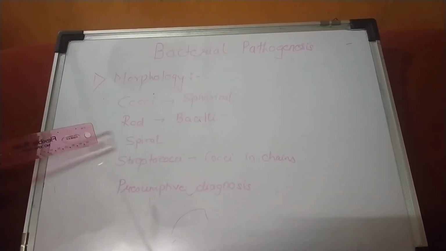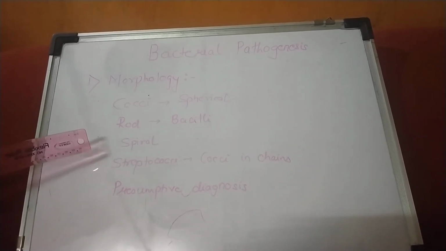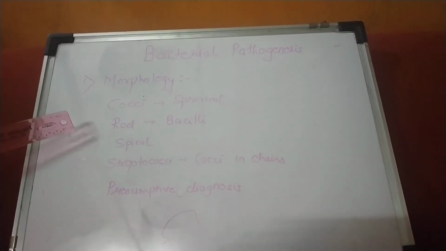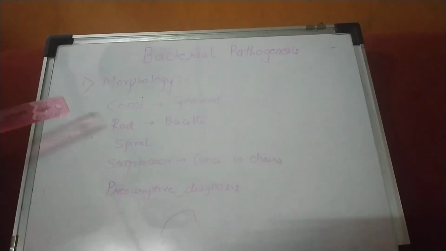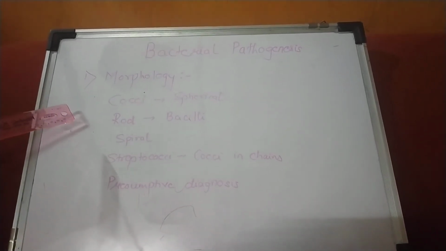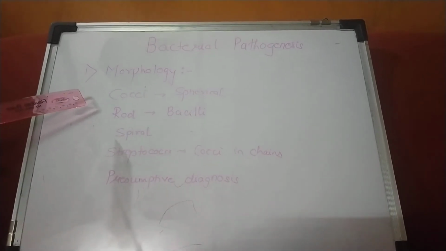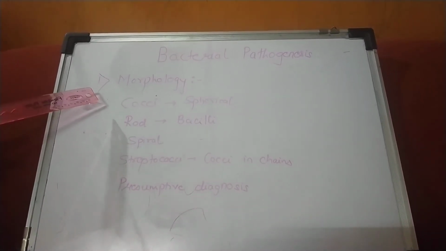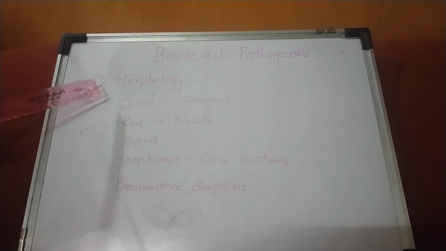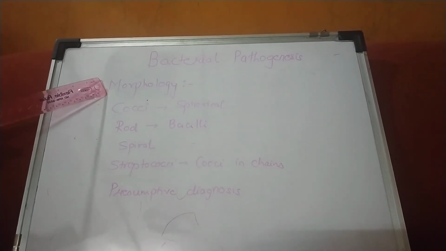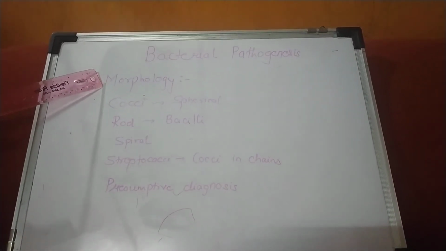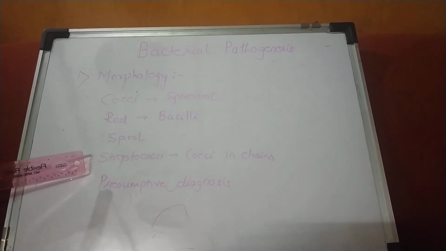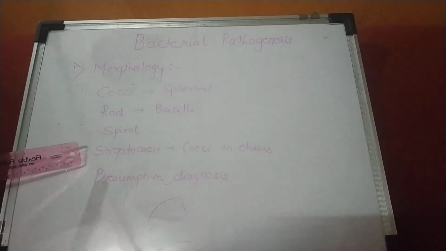That is, along with the gram character, it can help you in presumptively identifying the type of organism which has infected. For example, pneumococcus has a lanceolate shape. They are cocci but they are lanceolate in shape. So bacteria have typical morphology which can be identified under the microscope, which will help in presumptive diagnosis, which will help in starting the treatment for the patient.